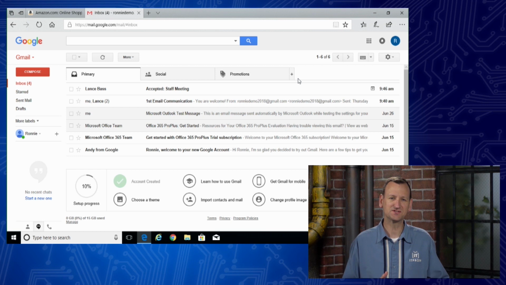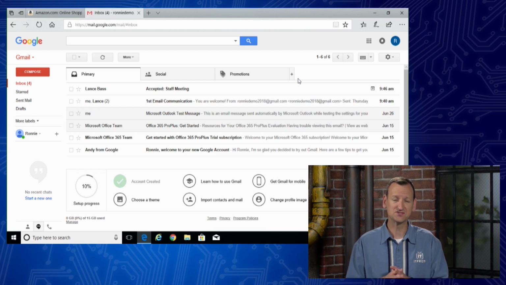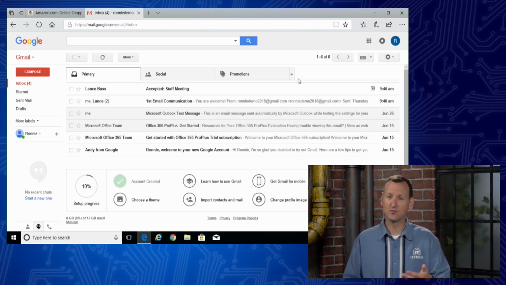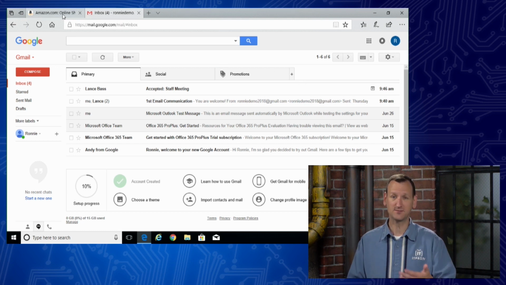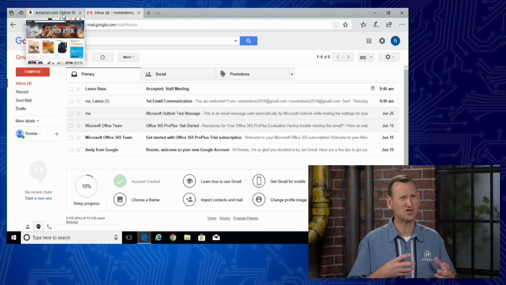Now, this technology started way back in the dial-up days, when you were on a dial-up modem, you had a very slow internet connection. So when you'd go to web pages that had pictures, it would save a copy of the picture so the next time you pulled up a page, it would load faster, right? It was all about performance. Now it's about convenience, though.